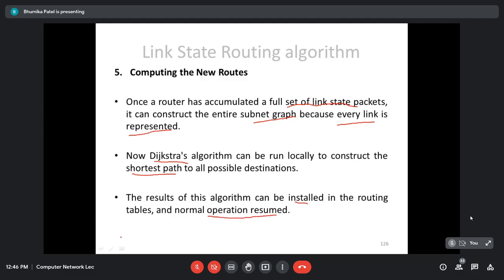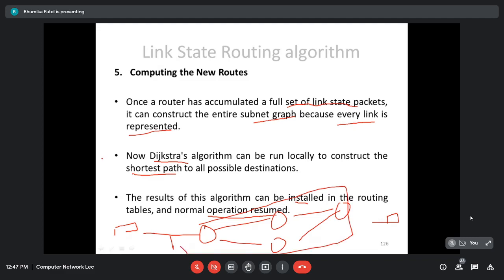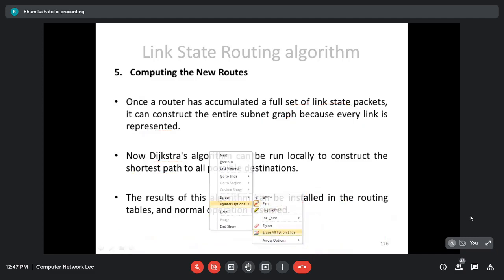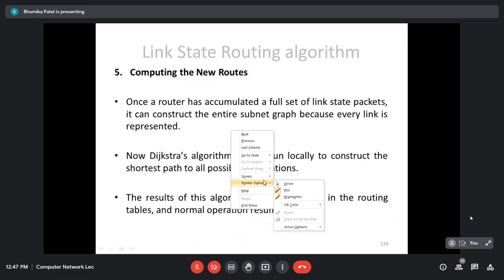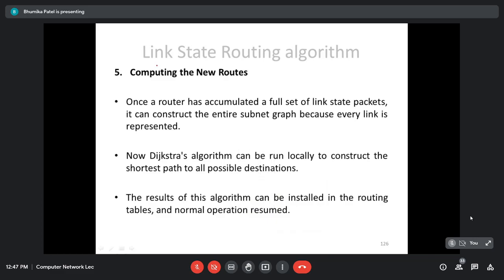That is, whenever any host wants to send a message to a particular destination host, there may be multiple intermediate routers in between. So these routers are implementing what? The link state routing protocol. Once this host sends the packet, they use the link state routing protocol to send the message to the destination host. For that, first of all, they have to identify who their neighbors are and what the cost is to reach these neighbor intermediate routers. So this is the link state routing protocol.